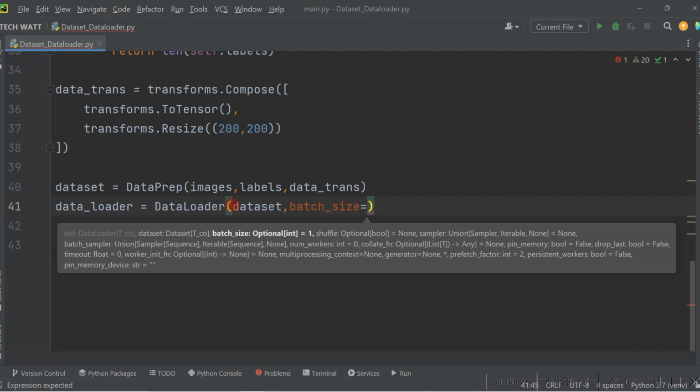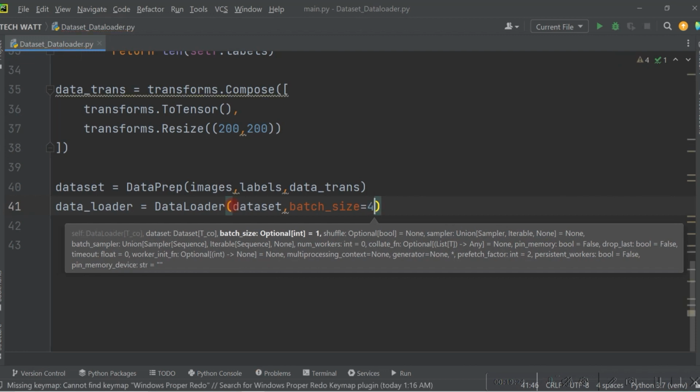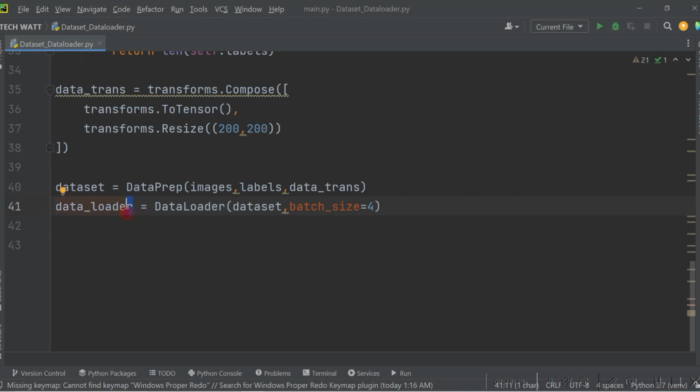So the batch size, we can put it to 4, you can put it to 5, 10, any number you want, but you must just make sure that it is compatible with the model you are designing, and that's the batch of data you want. So let's put it to 4. What this means is that any time I call this data loader, it will send me 4 images,